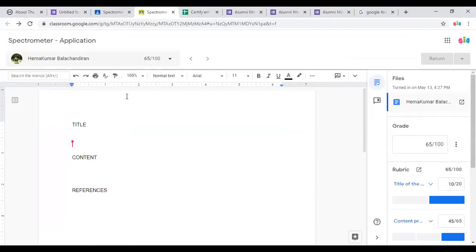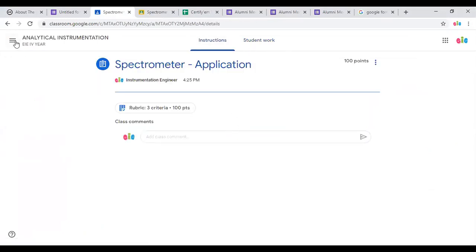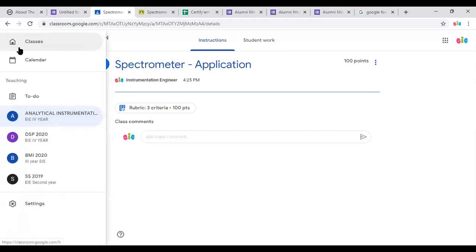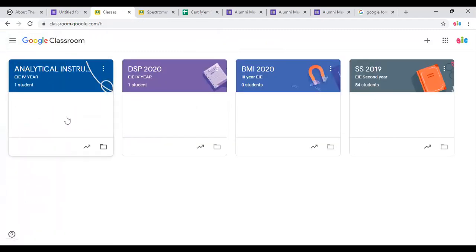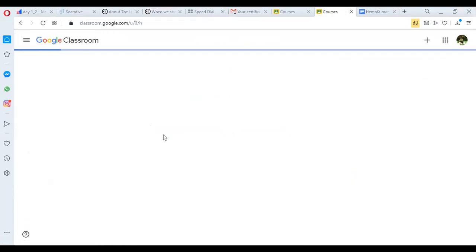So coming back to our thing, so here we have the thing. I'll just get back to these instructions. Okay. So I'm just going to illustrate some other points. I'm just going to take all my classes out. So these are some of the classes that I have. Okay. Fine. I'll just take back the amakumarb@gmail.com. Okay. I'll just click on all the classes.